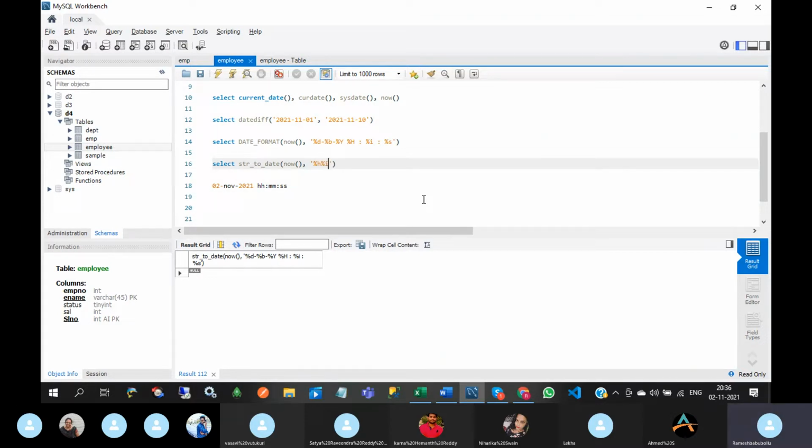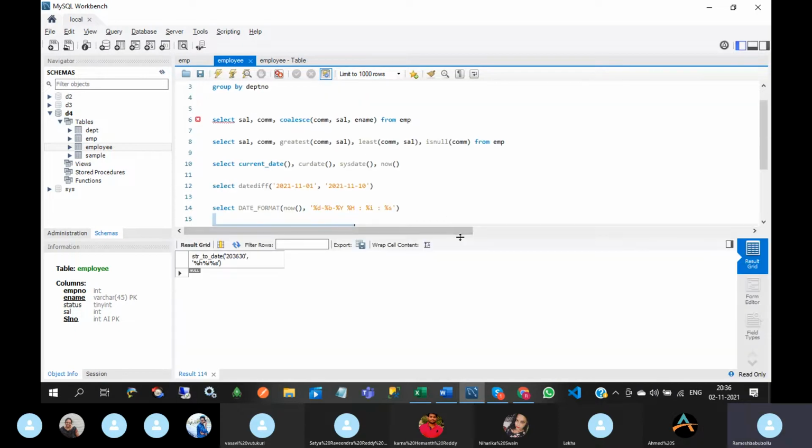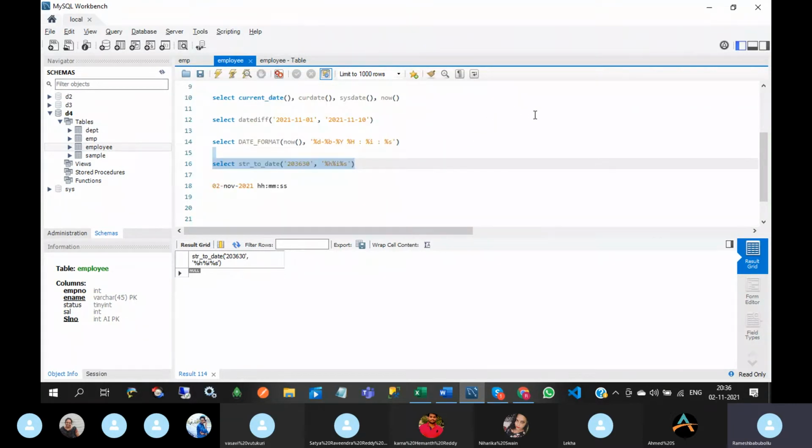Percentage I, percentage yes. Okay, this one is not good. So I think 11, and now the time is 20:36, 30 seconds. What will happen? String to date, hours, percentage.